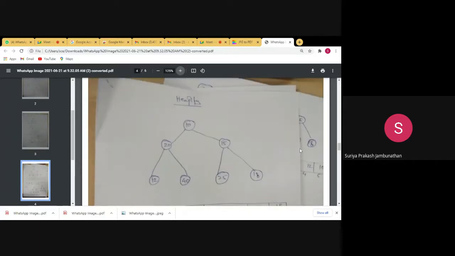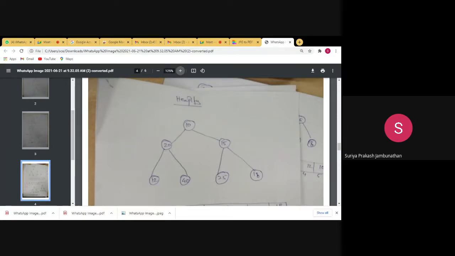So what is heapify? Heapify is a process. We saw the creation of heap previously. For creation of heap, it takes n log n time. So we have to reduce the timing, whatever the timing we are having, that has to be reduced. For that, we are going for heapify. So heapify is used to reduce the time.